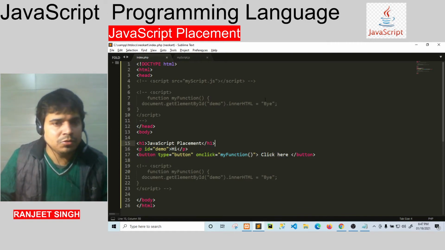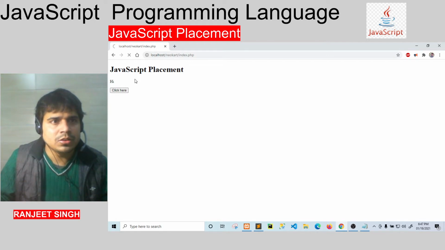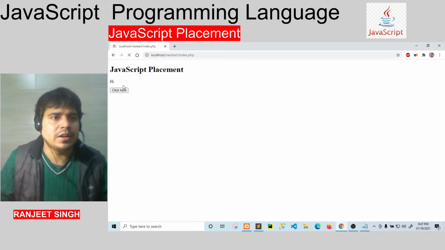Now if you run this, it will look like this: JavaScript placement, hi. This is a simple button. Now if you click it at present, it will not work.